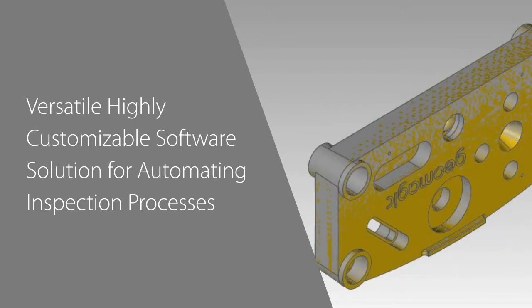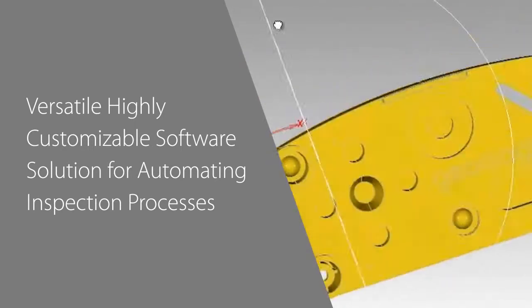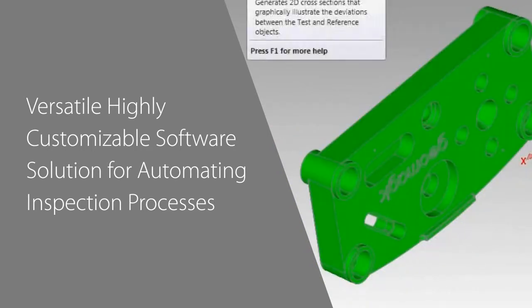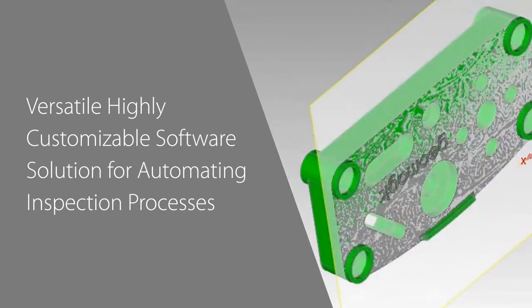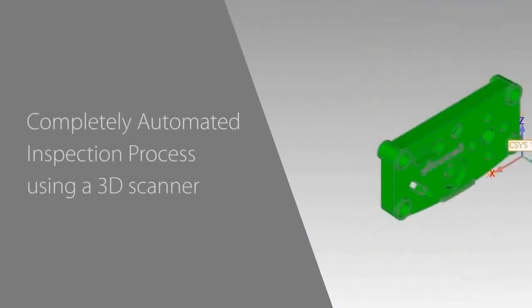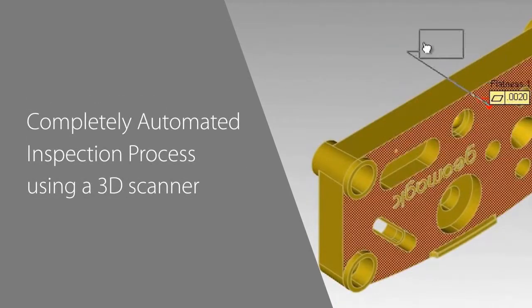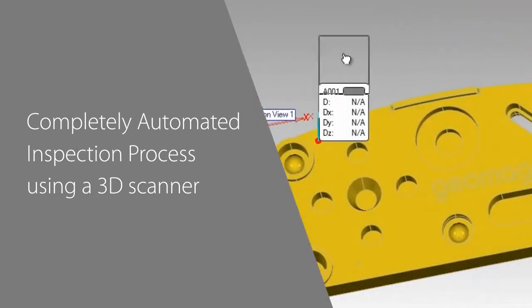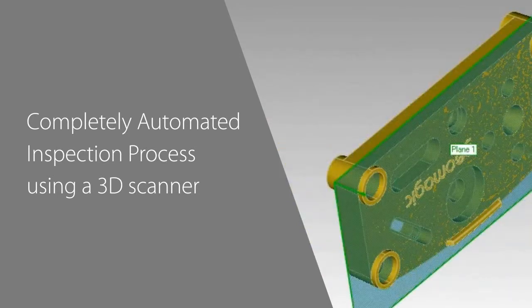Geomagic Control is a versatile, highly customizable software solution for automating inspection processes using data from portable metrology devices. In this video, you'll see how you can set up an inspection process on a reference file, then use the scripting tools within Control to run a completely automated inspection process using a 3D scanner. Once a script is created, Geomagic Control will run completely independently, so you can inspect hundreds or thousands of parts